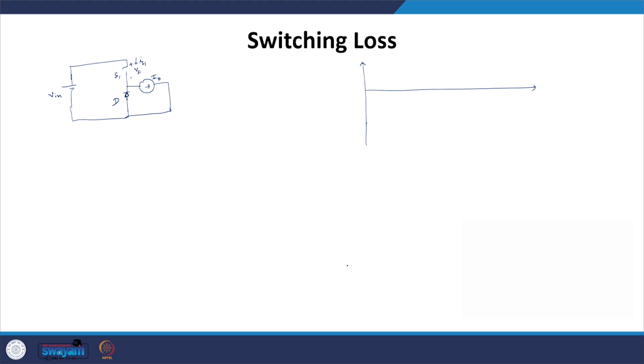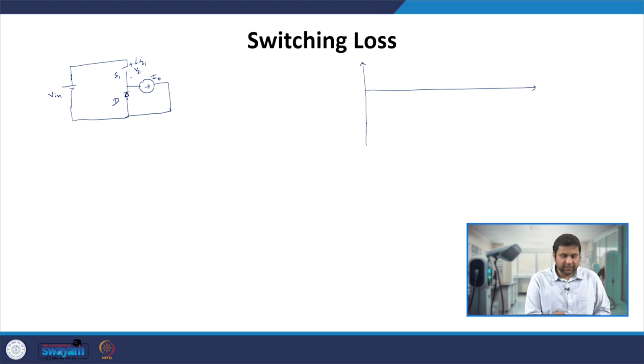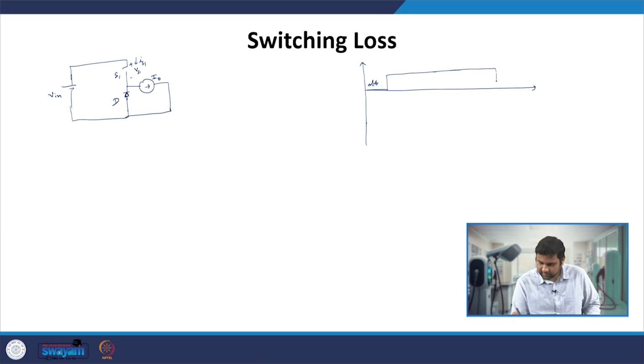If you look very carefully, most of the time we can have bottom synchronous rectification, that means a switch along with this freewheeling diode. So it is like a conventional half bridge. Let us try to find out the losses in the switch S1. Let us make the switch go from off to on, and then after some time it is off here. This is the gate pulse of S1.